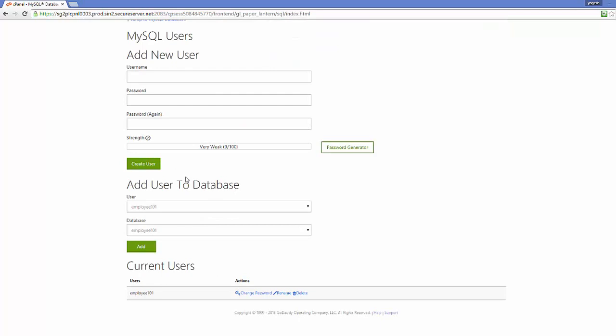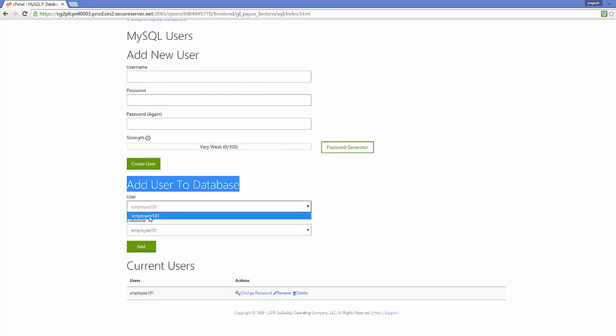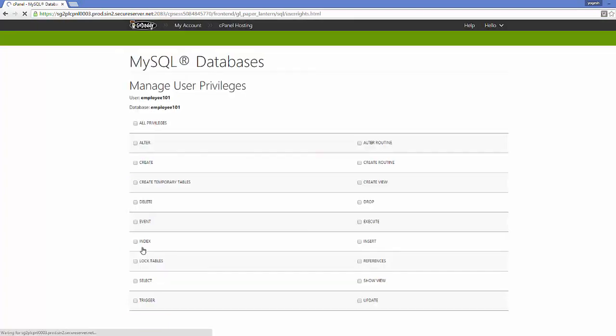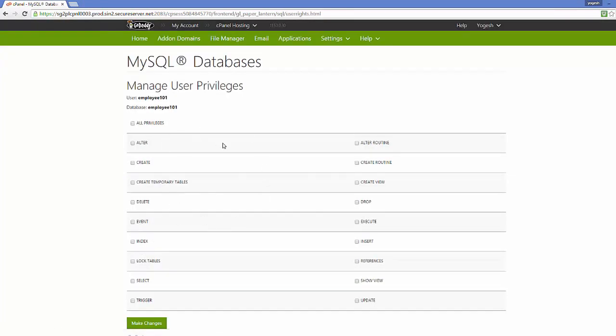So go at the bottom here, and in here you will see the section called add user to database, and you can click this combo box and select your username from the usernames list, and in here you can select the database name. So I only have one user and one database name, so it's showing the same user and same database name. And just click this add button here, and it will lead you to this web page, and